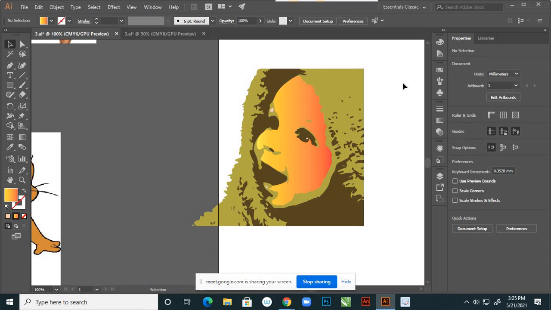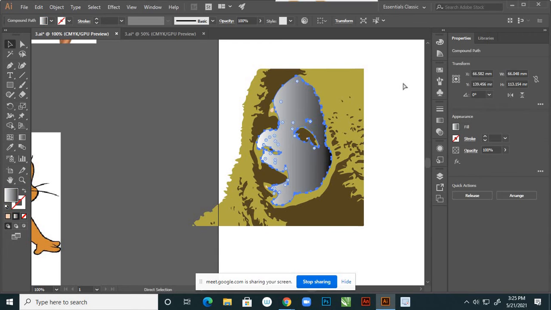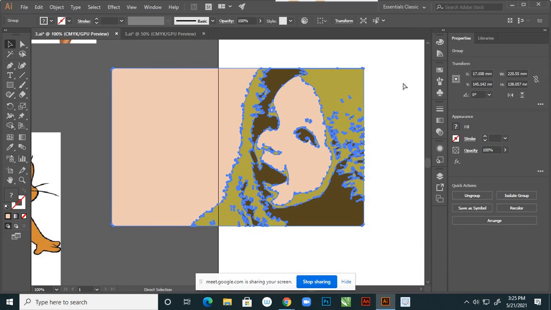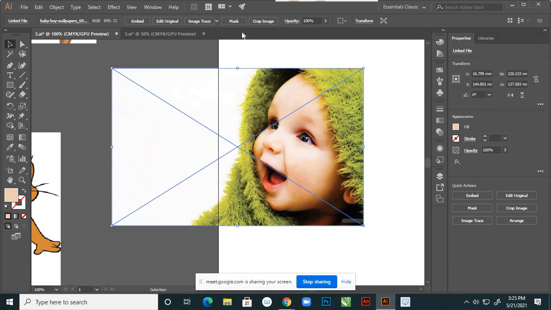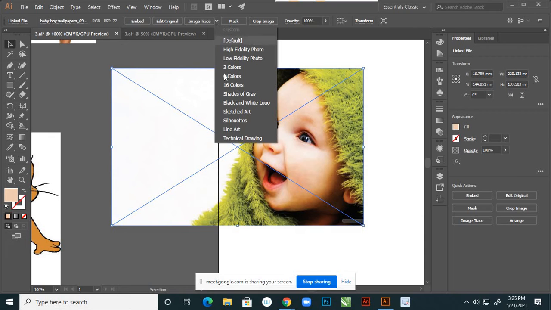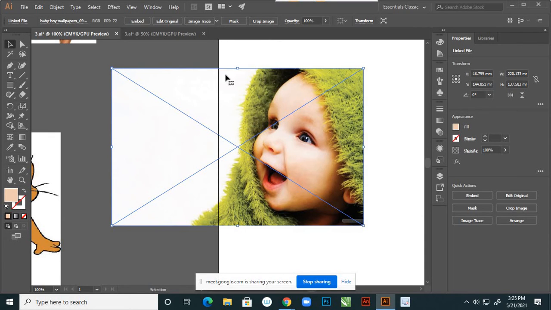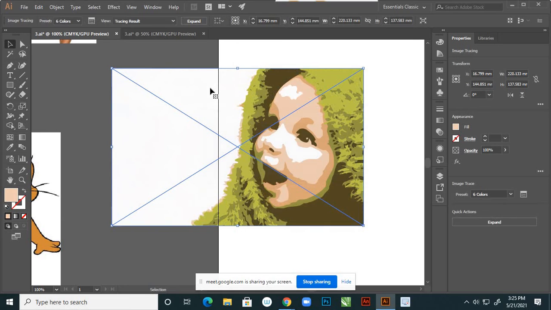So for timing, I'm giving Control Z again. So Control Z, Control Z, Control Z, right? So other option is 6 colors now. Your image into 6 colors. So you can choose this. The 6 colors means what? See.